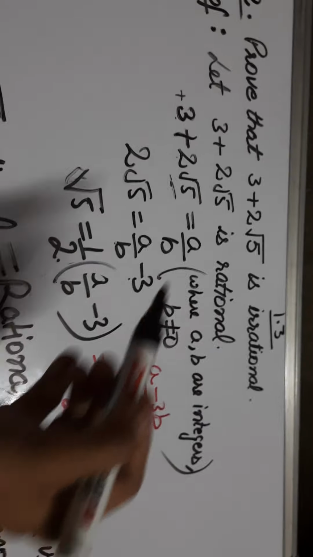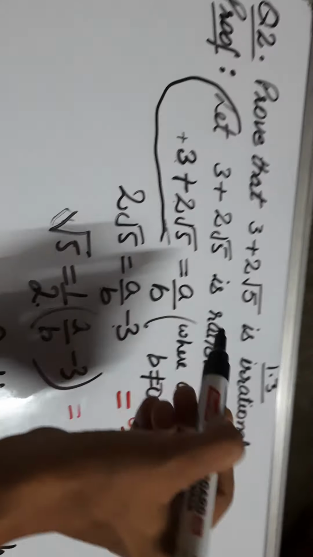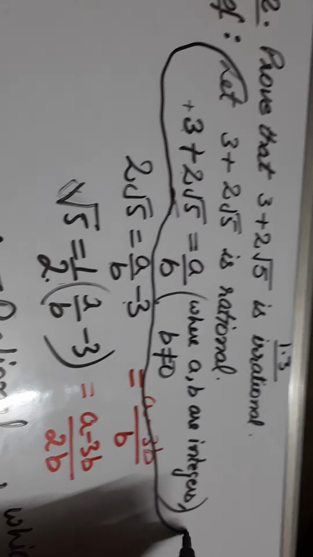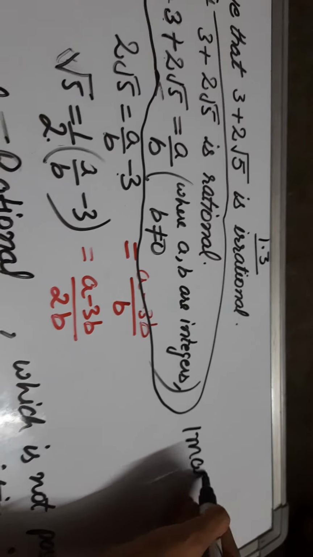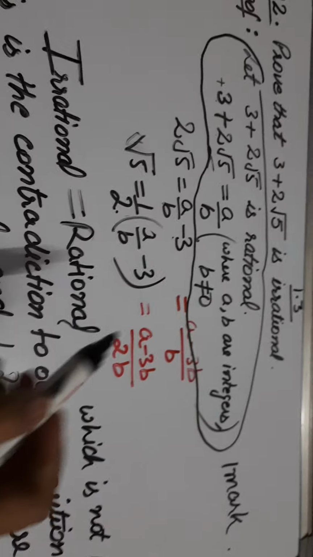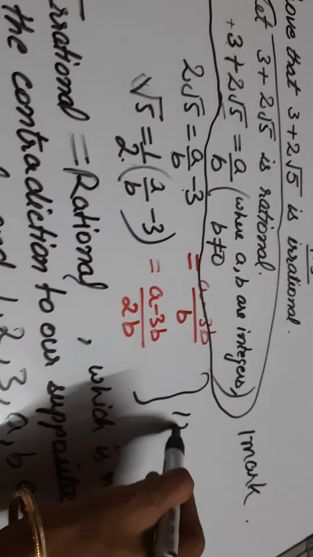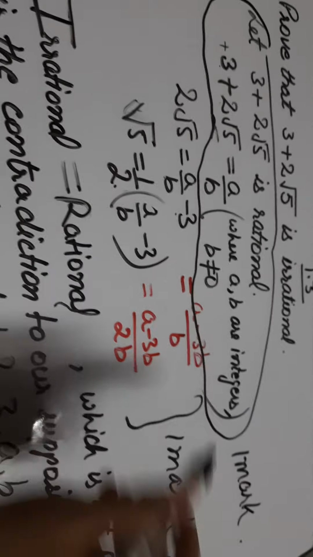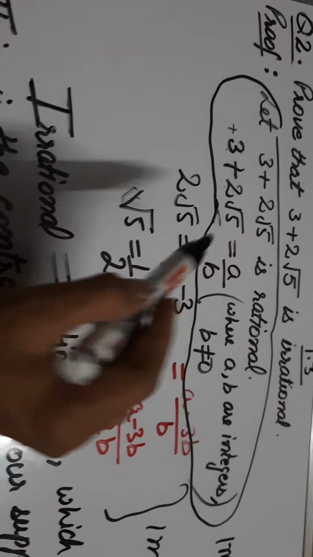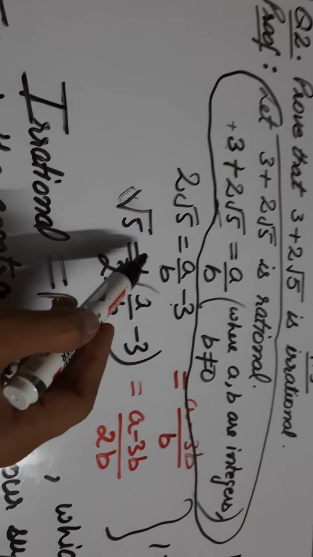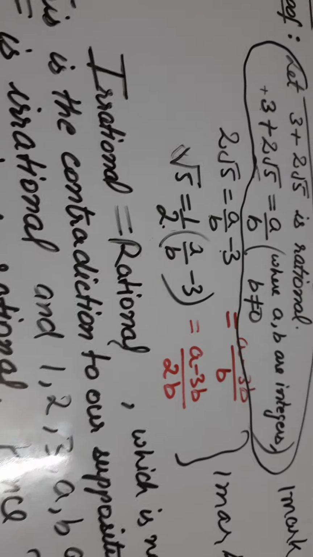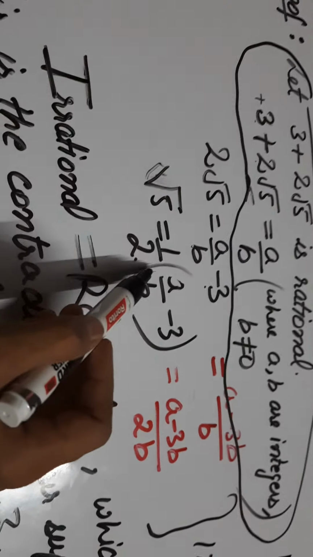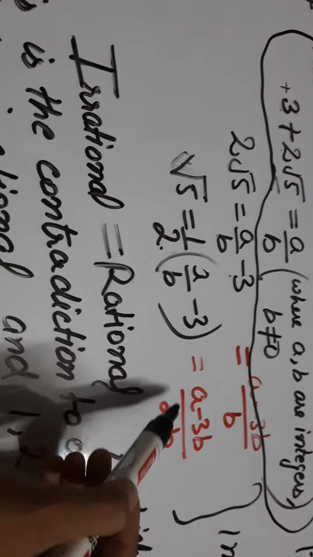Dear students, this is the first part. For that much part, you will get 1 mark. 1 mark for this part you will get in the exam. Then 1 mark for this calculation. In the calculation, what you have to do? You have to keep the square root term on left hand side and remaining terms on right hand side. And the term which is multiplied, that should be divided by the whole. Either in this way divided by whole or this.